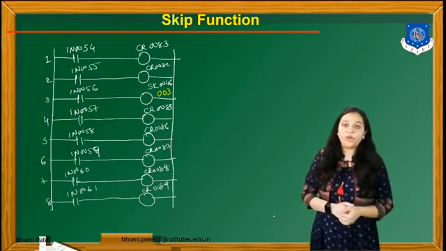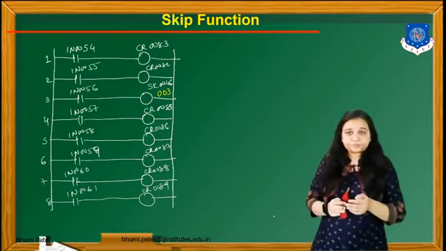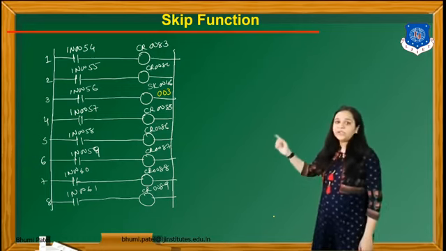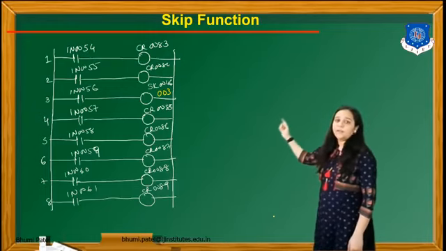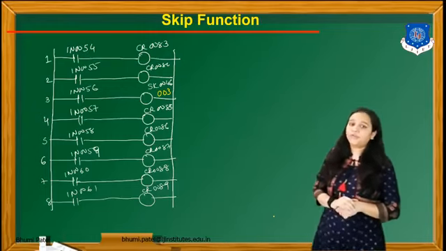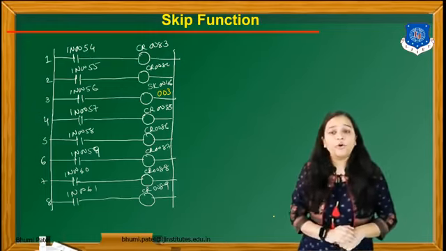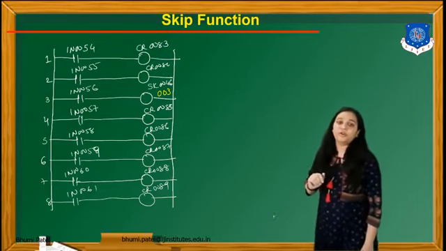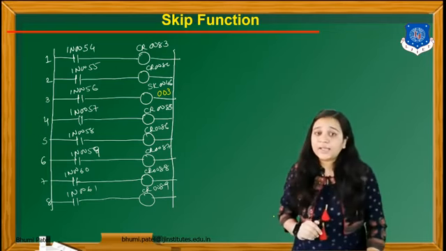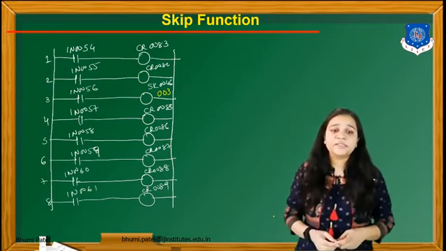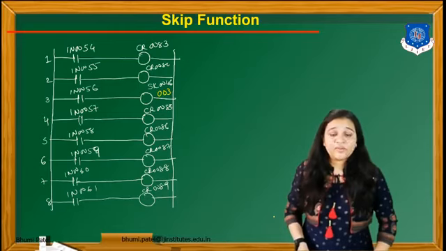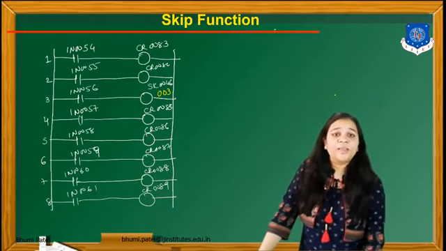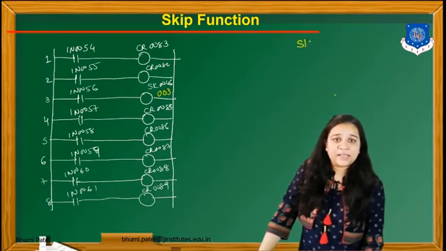Now the different thing is that in rung number 3, you can see the input IN0056 is applied, and in the output coil they have written SK0046. SK is the command for this skip function. Whenever we want to skip a line or rung in this particular system, we can use the SK command.